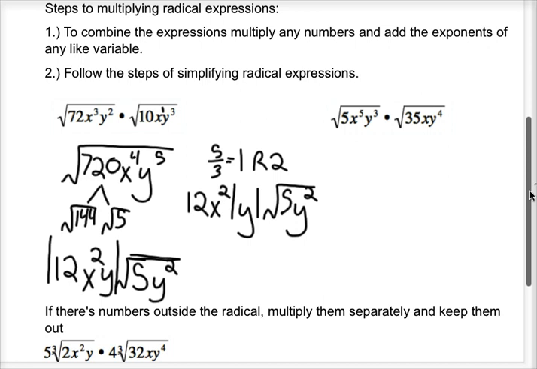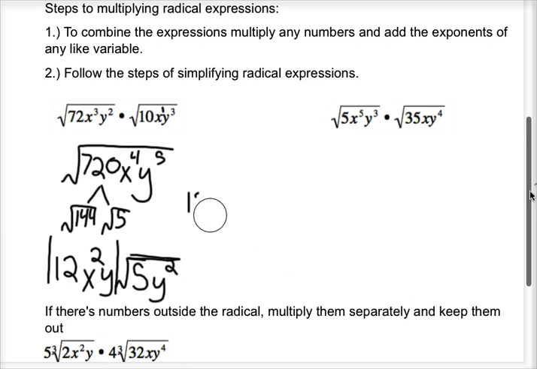All right, so continuing on. Now please make sure I have that written down because I'm actually going to erase a little bit of this so I have space for my next example. All right, so looking at our next example, again, our first step is to multiply the insides together. So 5 times 35 gives me